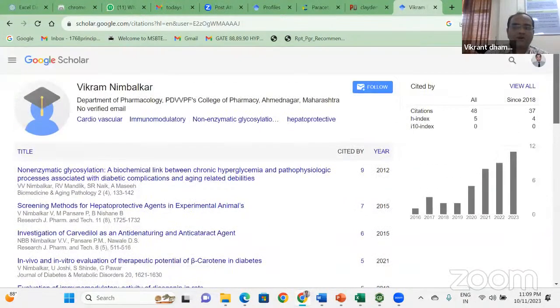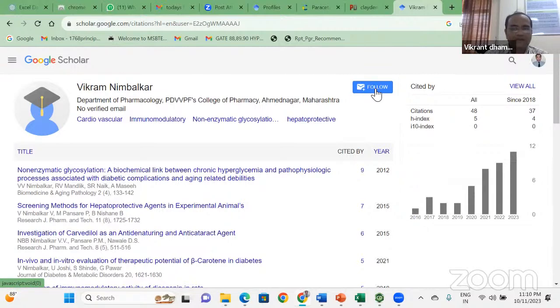So this Google Scholar enables you to find out very easily how many publications a person has. That can be found very easily with the help of Google Scholar. You can also find out how strong he is in his research and what his research areas are. And you can also follow him by clicking this button, so whatever publications he does in the future,